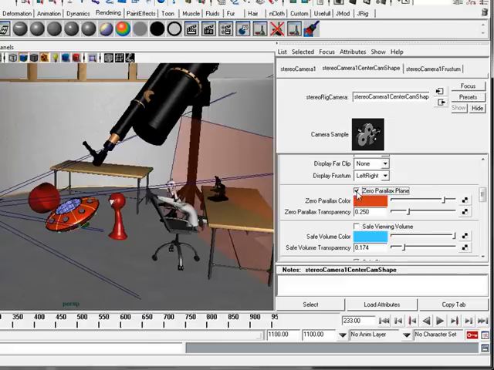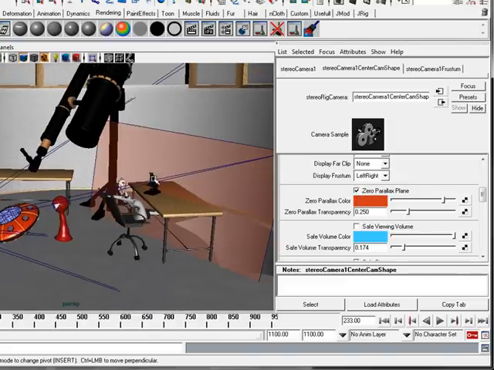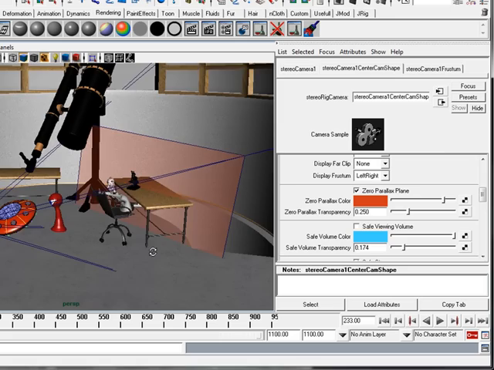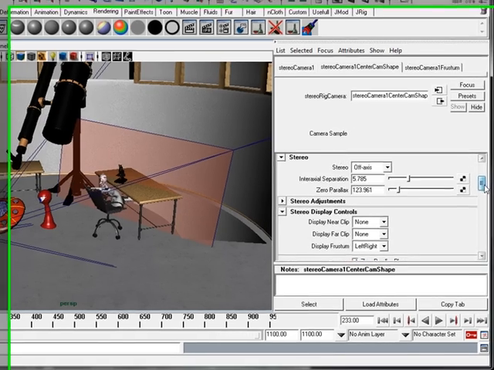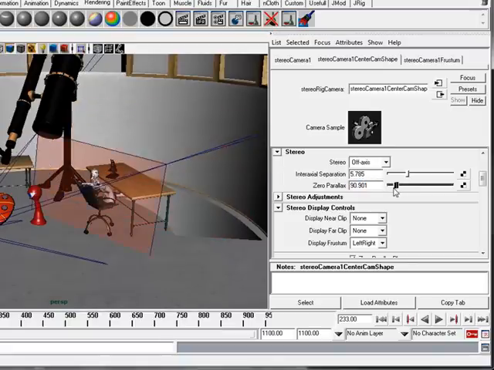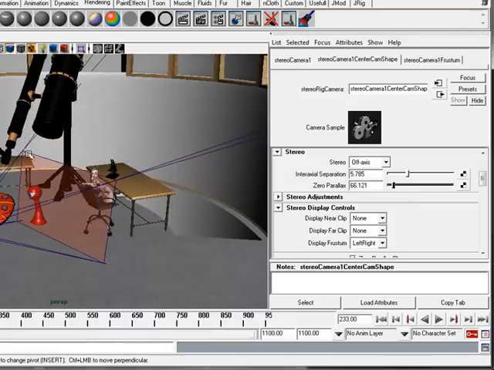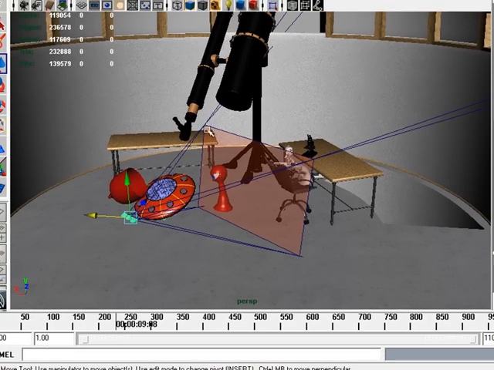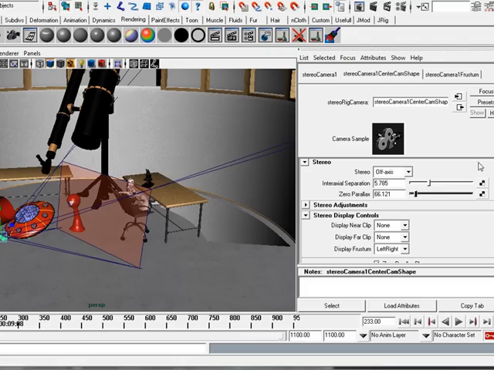If we click this on, straight away you'll see this zero parallax plane, and this is the zero parallax that we got into earlier. If we adjust the zero parallax, as you can see, that's coming in and zooming out from the camera. Now what this means is, as we said earlier, this zero parallax is the screen, this is zero depth. If you're viewing this on a screen at the cinema, this is zero depth, and anything in front,